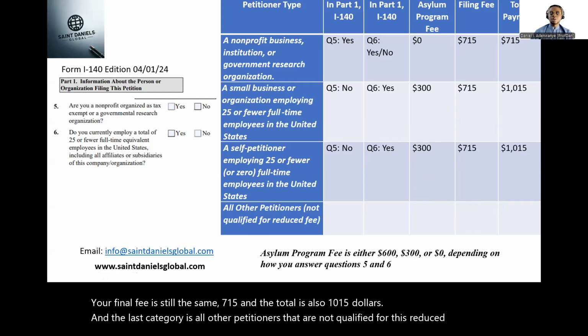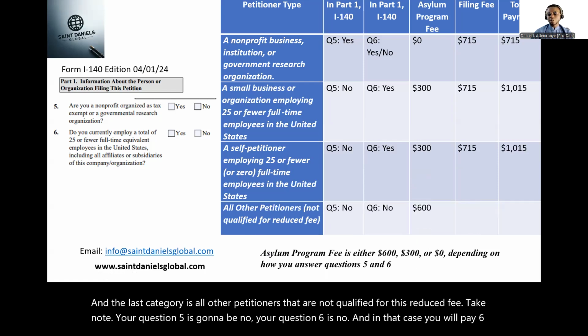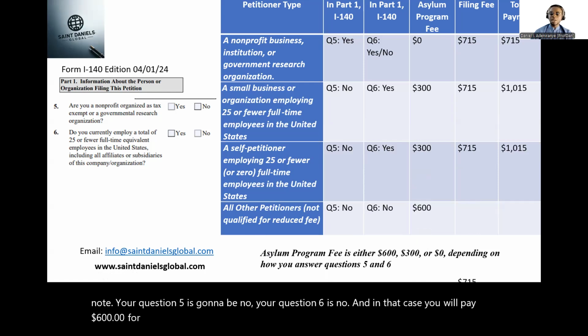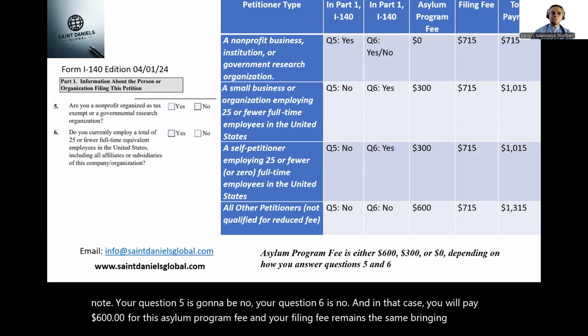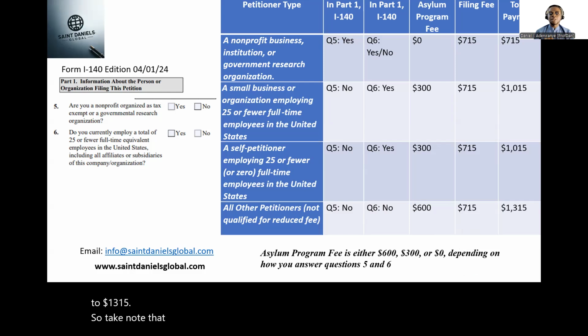And the last category is all other petitioners that do not qualify for this reduced fee. Take note, your question 5 is going to be no, your question 6 is no, and in that case, you will pay $600 for this asylum program fee, and your filing fee remains the same, bringing your total to $1,315. So take note that the asylum program fee is either $600, $300, or 0, depending on how you answer